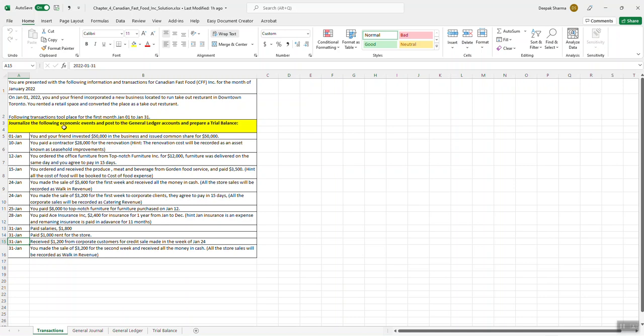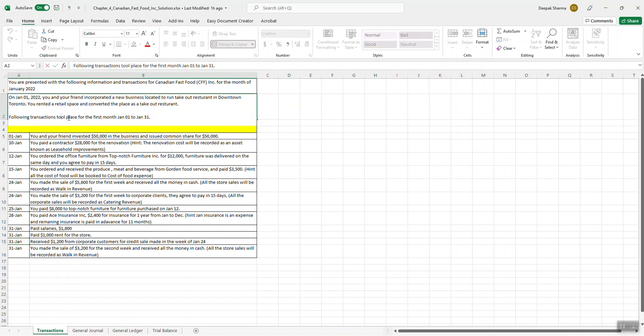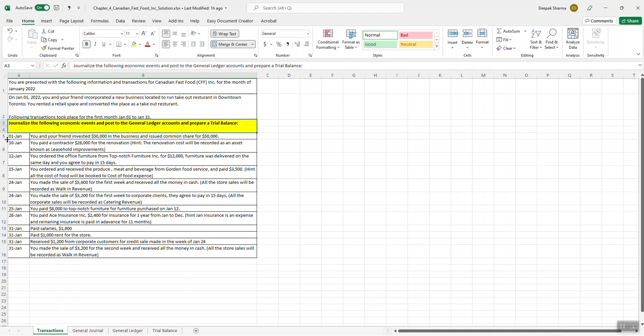The following transactions took place in the month of January. This is the first month, and these transactions took place. What you're required to do is journalize the following economic events, post them into a journal ledger, and then prepare a trial balance. So there are three things you're doing: recording these transactions, posting them into a journal ledger, then preparing a trial balance. Okay. The first transaction is that you and your friend invested 50,000 in the business